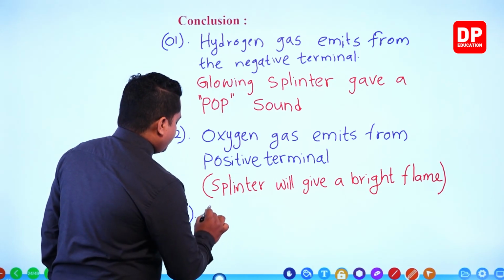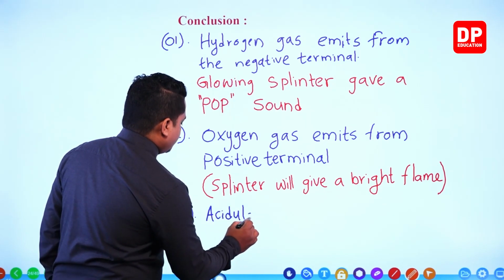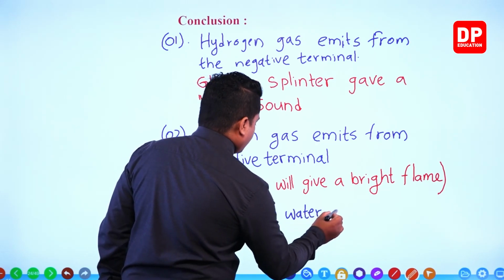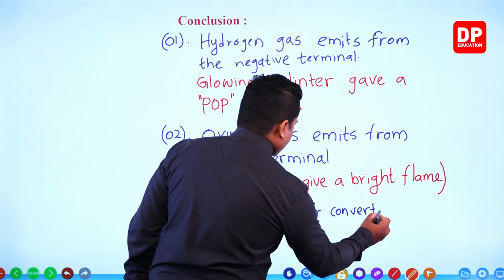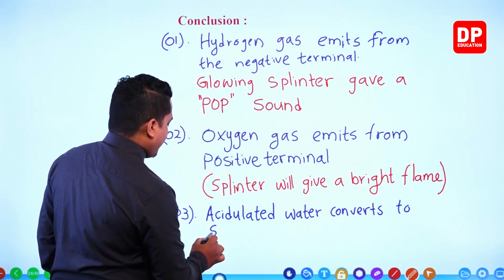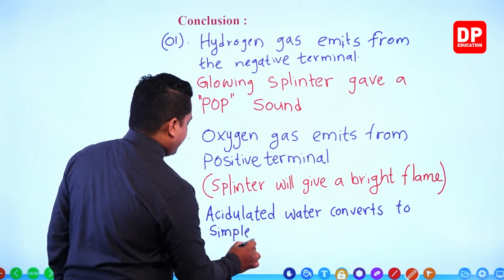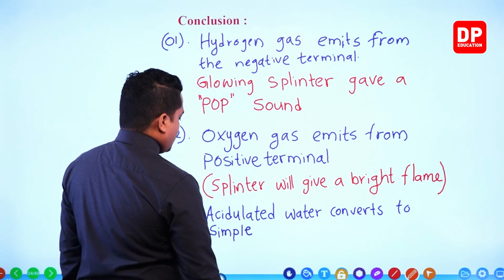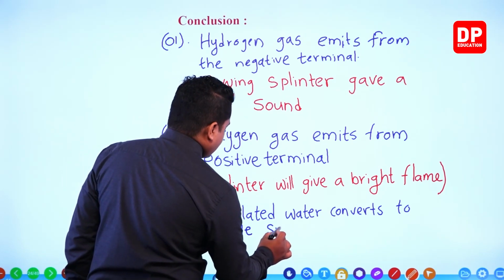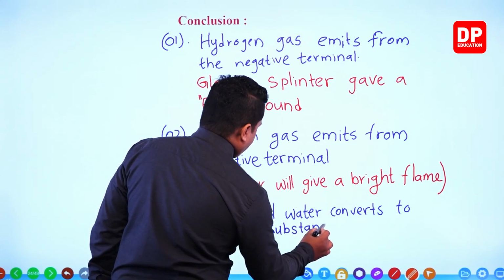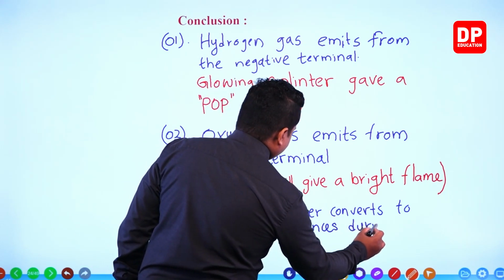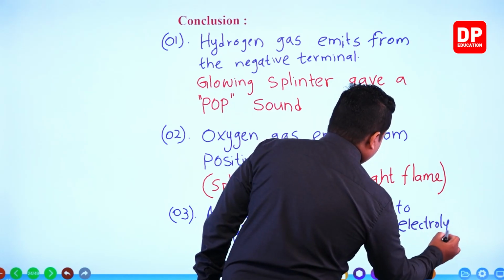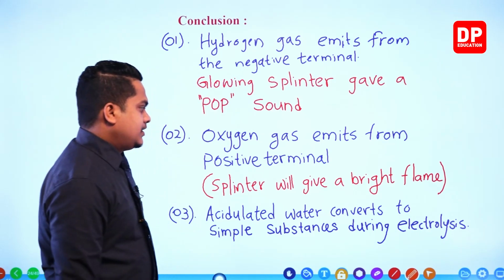So we can write: acidulated water converts to simple substances during electrolysis. Right. So these are our